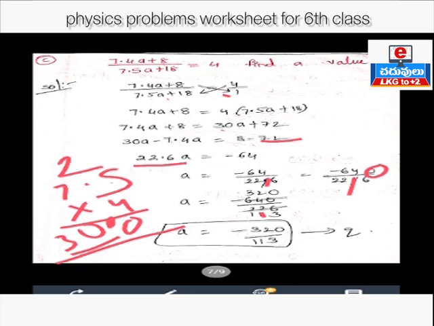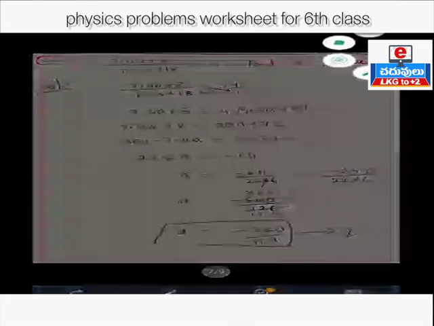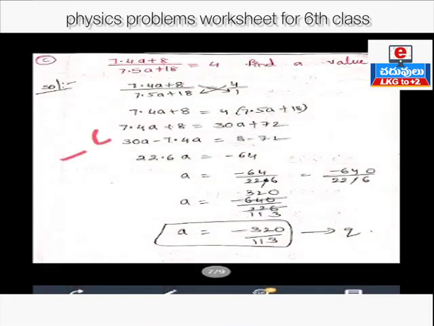We can get A equal to minus 320 by 130. That is nothing but option Q. Understood, children, this one? Why? Because I can write here in numerator decimal. See here, once minus 64 by